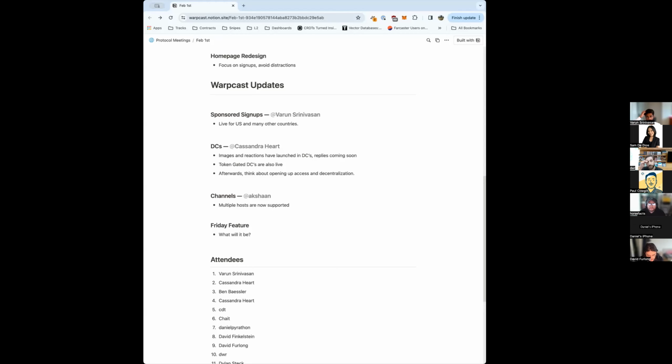Cool. And a point worth noting, Dan and I both covered this last time, but focus is really on getting DCs to feature parity where they're actually useful and functional. And then we're going to step back and think about two things: one, how do we make them secure and encrypted? And two, how do we make them open so that other clients can integrate with them? Just to be clear, we expect these to be large, hairy problems, and we don't expect to solve them in 2024. This is more like we'll have something in 2025 or beyond that will actually work.